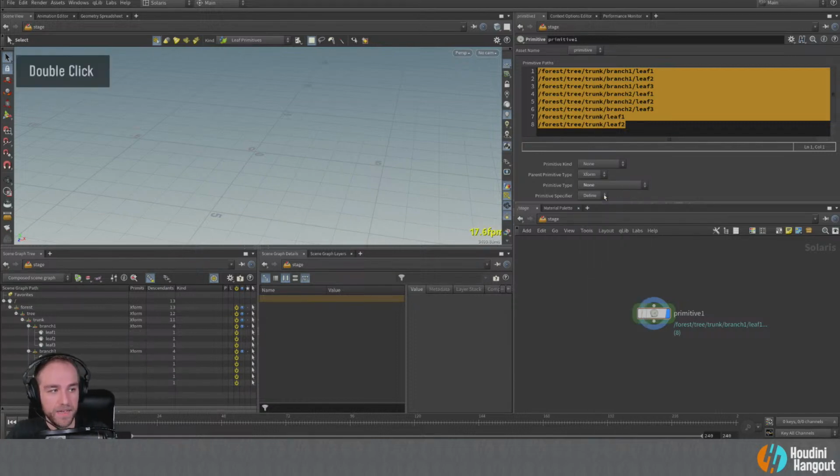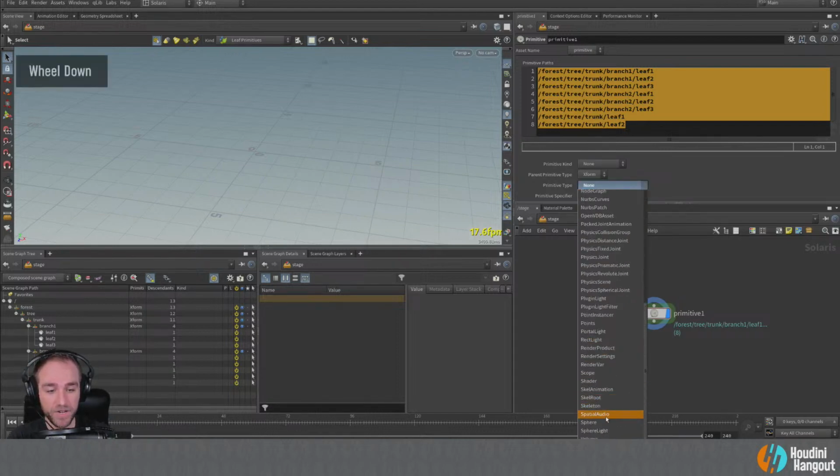And the reason for this is that by definition, USD is a scene description language, right? So it's actually going to be explaining to the renderer what the scene is that you're putting in. Just like in Arnold, you would have a .ass file. In RenderMan, you'd have an RIB file. This is one of those, right? And it's ubiquitous between all of the different renderers that use USD. So that's why you could have something like render settings.